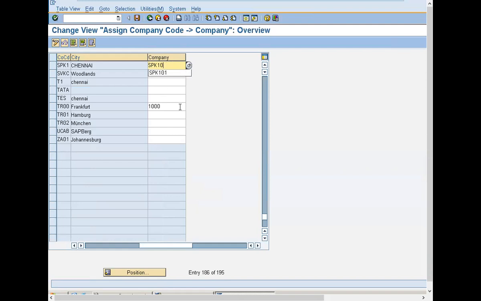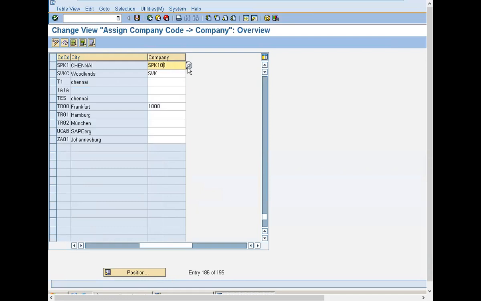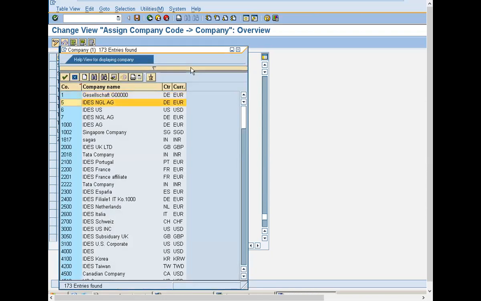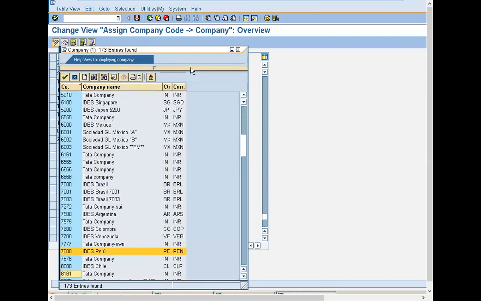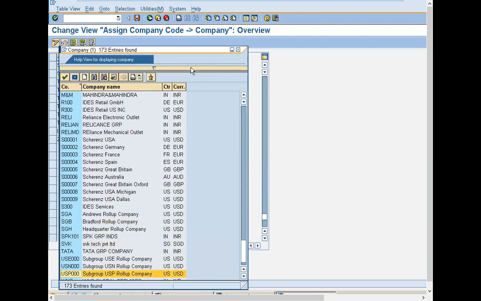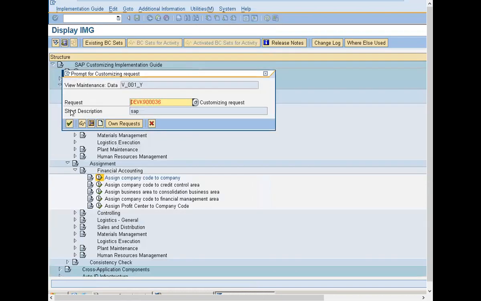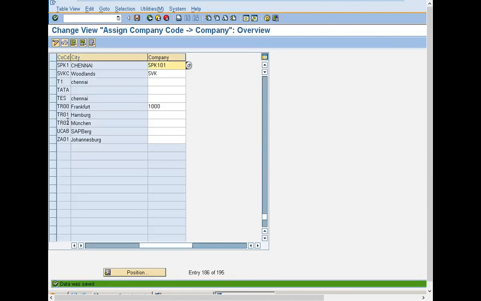I am entering a wrong company. See, it displays an error message. Right? Now SPK101. Either you can enter it directly or you can select it from this menu. Press enter and save. Control S is save. Now come back.